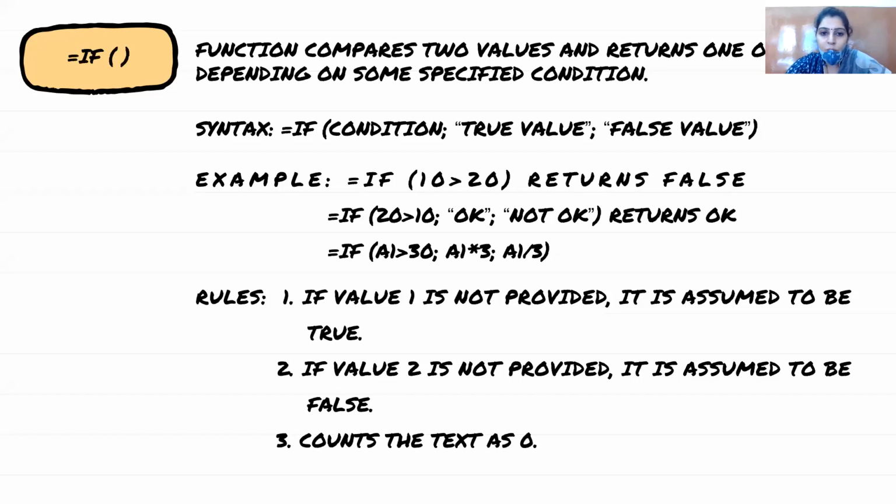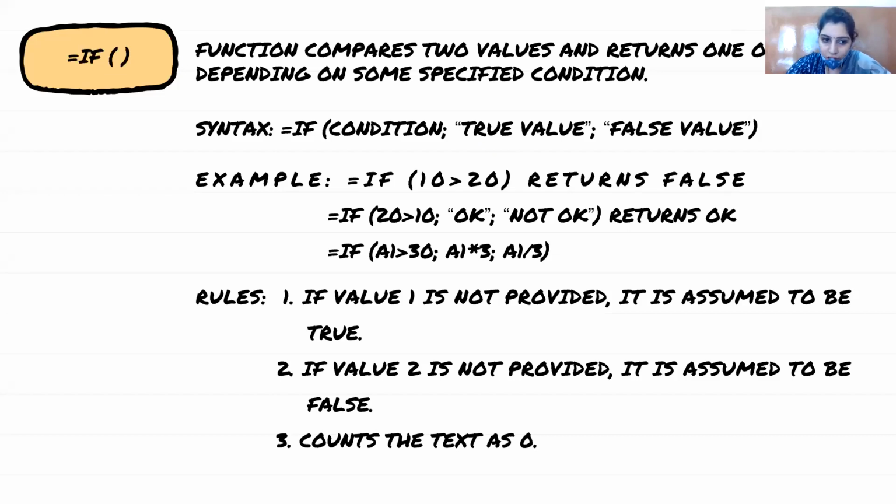Third example. Now you will tell me the output. I am giving you the values. Listen carefully. If A1 is greater than 30, अगर A1 की वैल्यू 30 से ज्यादा है तो क्या हो, A1 should be multiplied by 3. Otherwise, yes, Princey, the value 1 is the true value, the value 2 is the false value. When A1 has a value larger than 30, A1 should be multiplied by 3.